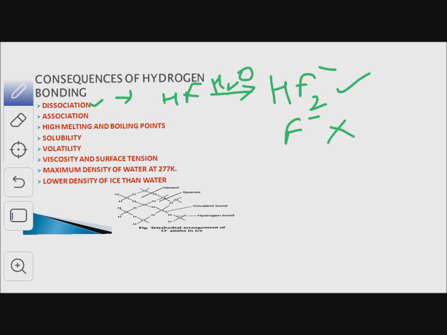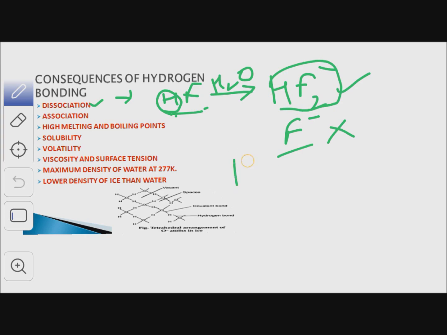This is because of hydrogen bonding between hydrogen and fluorine, which is a more electronegative atom than hydrogen. It forms hydrogen bonds in aqueous solution and exists as HF2 negative instead of F negative, and that's why